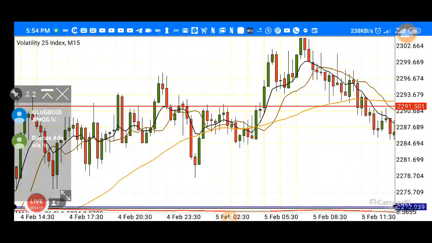Now let's see this breakout strategy again. There was a breakout here. So for the aggressive traders, if you entered for a buy here, you place your stop loss around this level. There is no entry for conservative traders here because the market didn't retest. Remember, I told you in the training that it's not all the time the market breaks a level it comes back to retest. No, it's not all the time. So sometimes